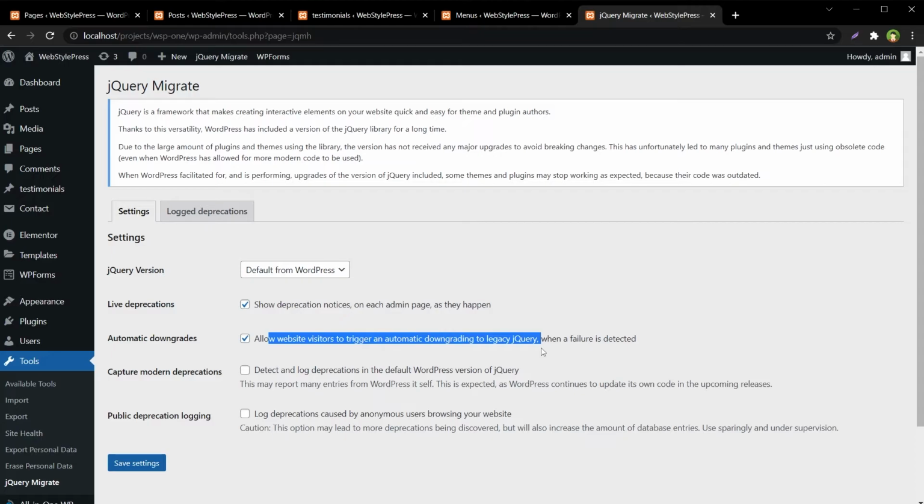This plugin will let you downgrade to a previous version of jQuery to fix broken WordPress plugins. But as a site administrator, you are encouraged to get the underlying issue fixed and upgrade plugins and themes. If a plugin is not getting updated, I encourage you to find an alternative plugin because sometimes old plugins are also security risks. So if you have got an older plugin with broken functionality, try the jQuery Migrate Helper plugin. In most cases, it solves the problem.